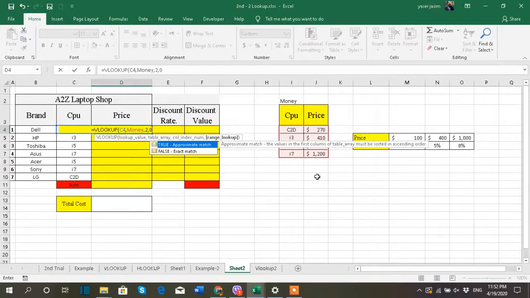But if I'm searching for a range, like I said, from 100 to 400 is 2%, from 400 to 1000 is 5%, this is a range, not an exact match, approximate. That means I need to go for 1, and I'm going to show it to you in the HLOOKUP function. So I'm going to write 0 here,